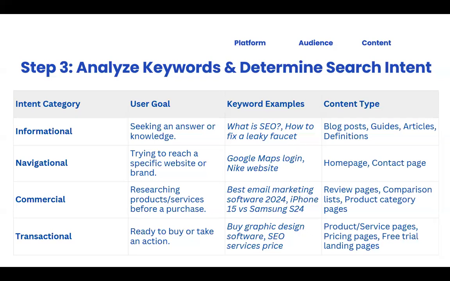Do you get it now? So if somebody searches for this, it means that the person is trying to compare, like review. Mostly they are at the consideration stage of the marketing funnel. So you have review pages, comparison lists, product category pages. Do you get it? Then there is also buy graphic design software, SEO service price. How much does it take to